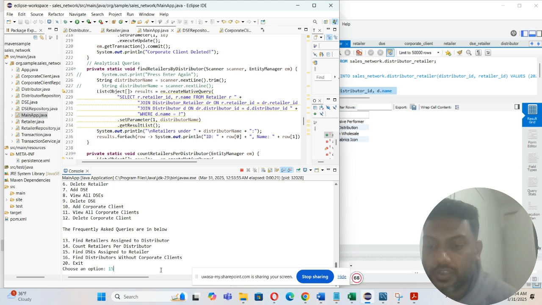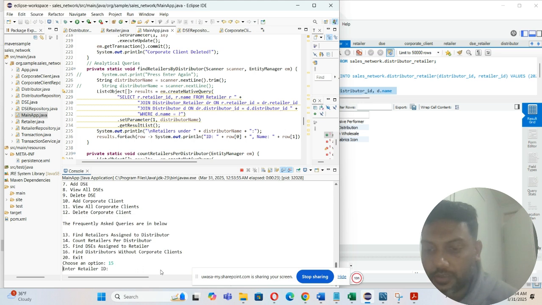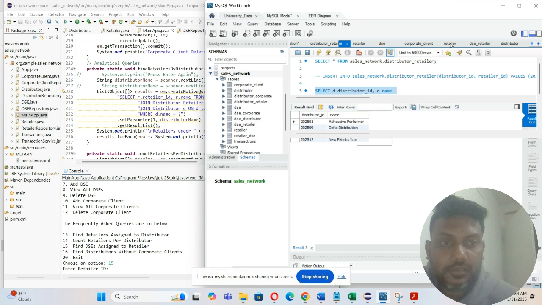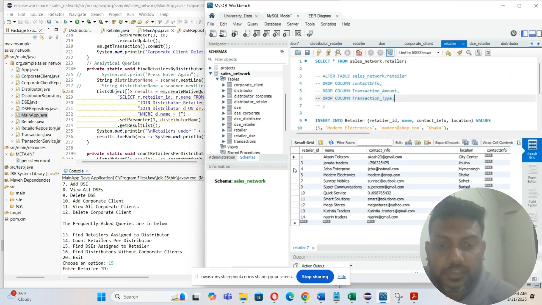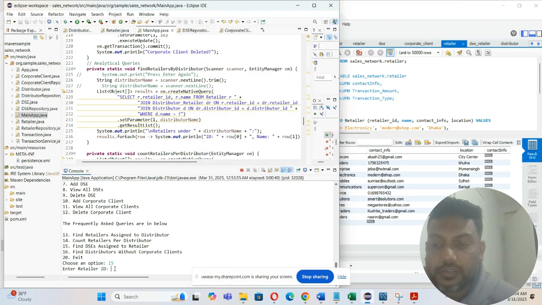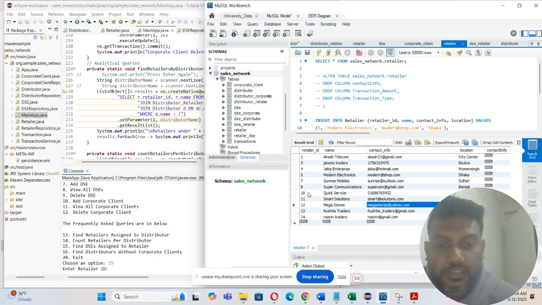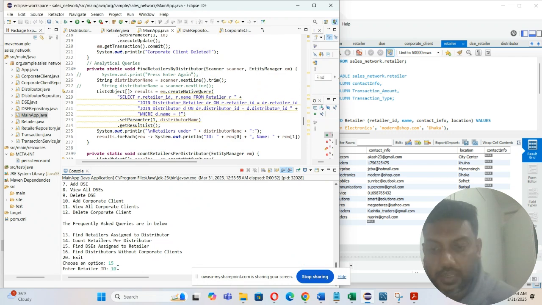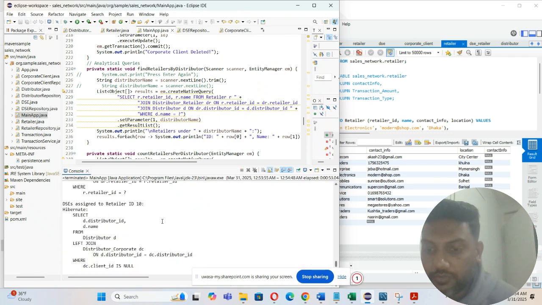If I press 15, now I have to type the retailer ID, any retailer ID, to find which DSC this particular retailer is connected with. So if I type 10 here and enter,